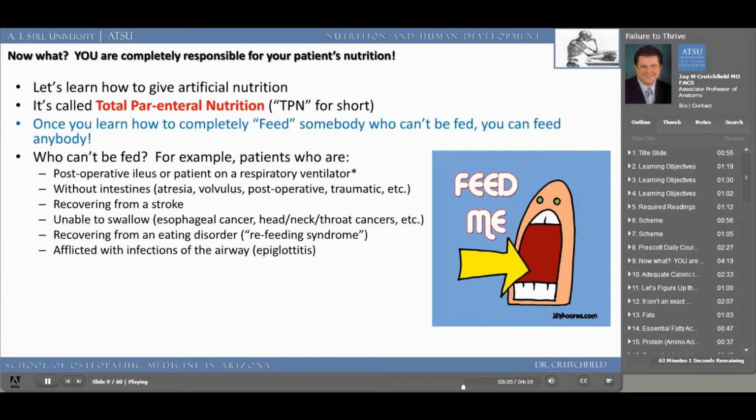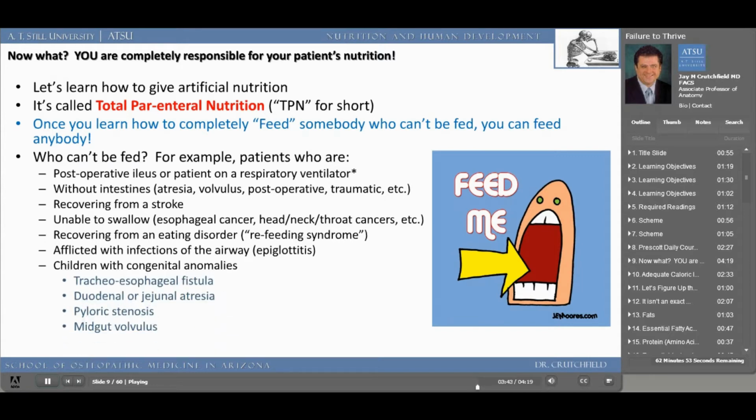What about those who have severe infections of the airway? For example, children with epiglottitis. How are you going to feed this child? And those children with congenital anomalies. If we're talking about failure to thrive as an infant, what if your patient has a congenital fistula between the trachea and the esophagus, or the duodenum hasn't developed, or the jejunum does not have a lumen, called jejunal atresia,